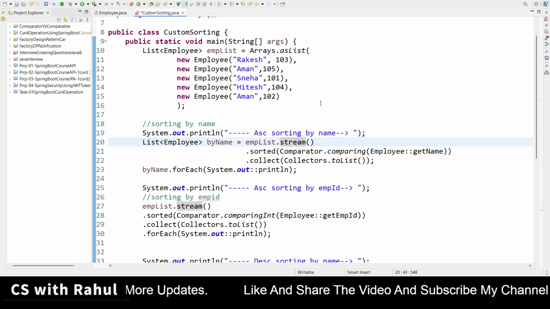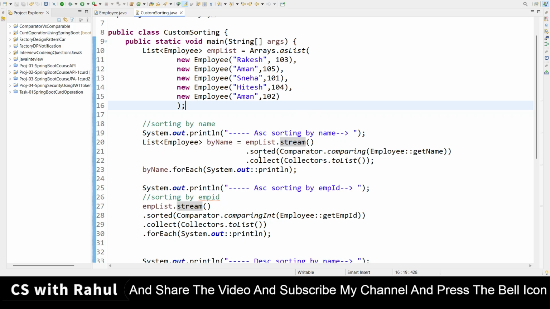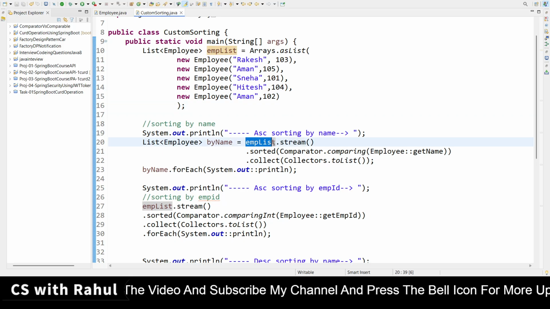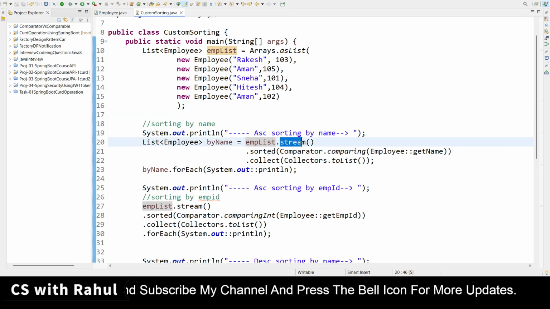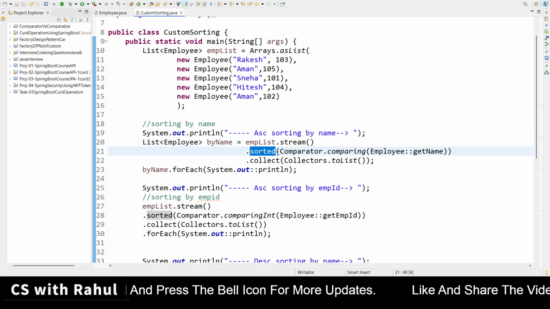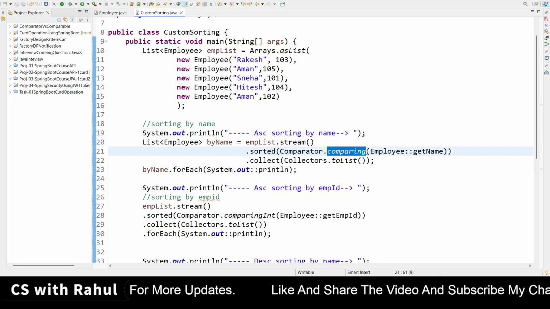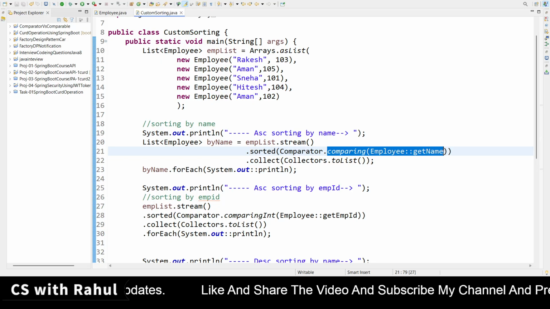Now what we need to do, see, last time, a quick recap I am giving here. So the employee list was there. In the employee list, I need to create the stream, then I have to sort it using the comparator. I am using this comparing method just because this is a string.